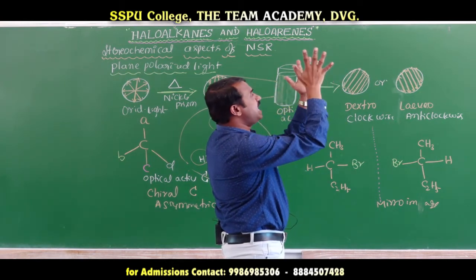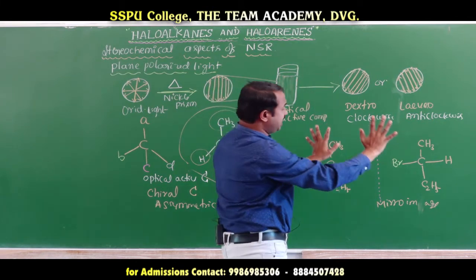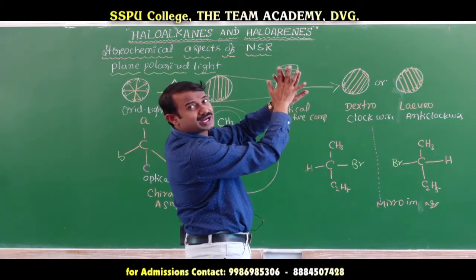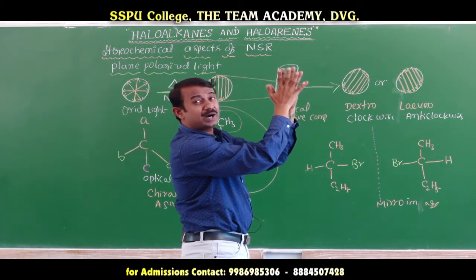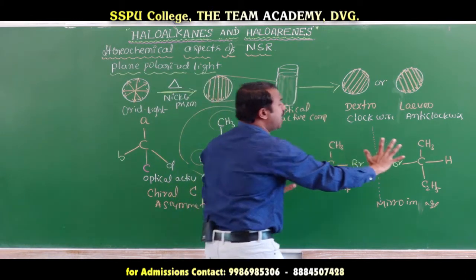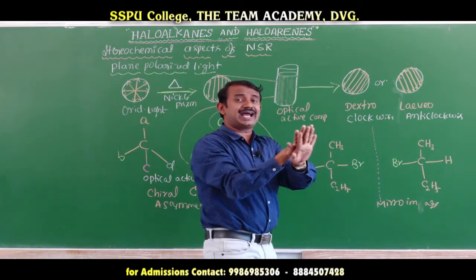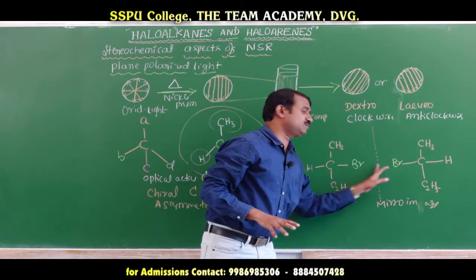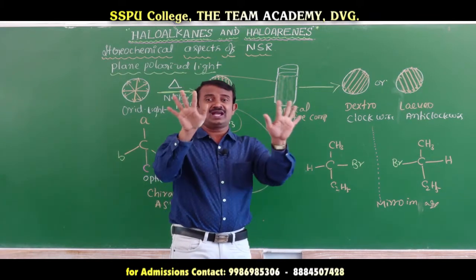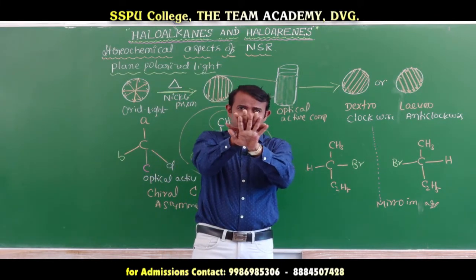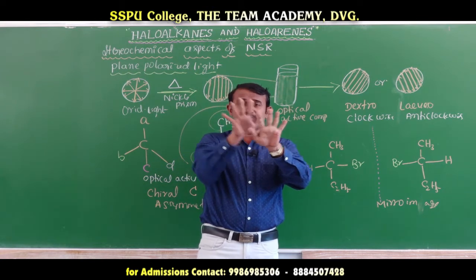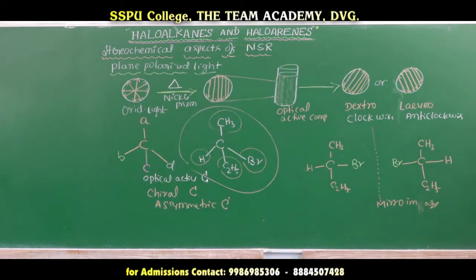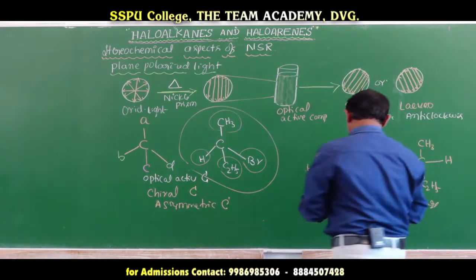Okay. If I take this compound, it is superimposable. The same compound I have taken is attached to another compound. This is non-superimposable. This is superimposable. Okay. If the compound is taken here, bromo is not attached to bromo. Bromo is on hydrogen, hydrogen is on bromo. That is the attachment. This is a mirror image, non-superimposable. Mirror image, superimposable. Here the compound has a mirror image and is non-superimposable.